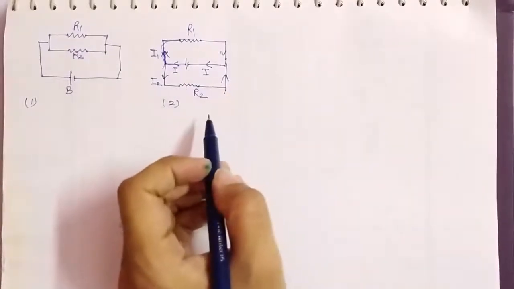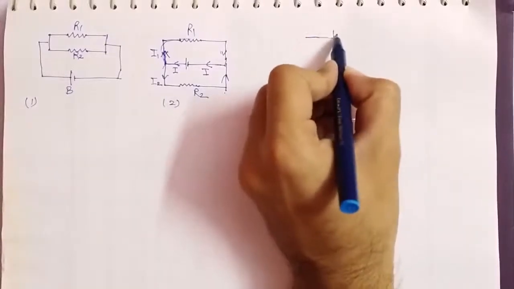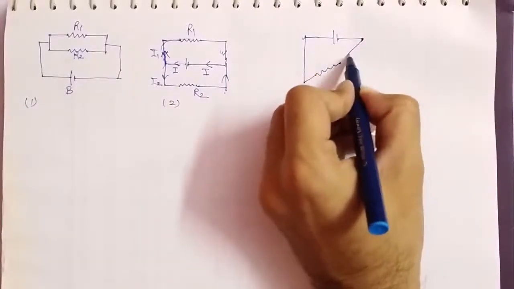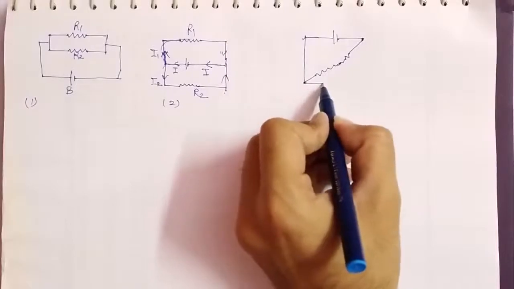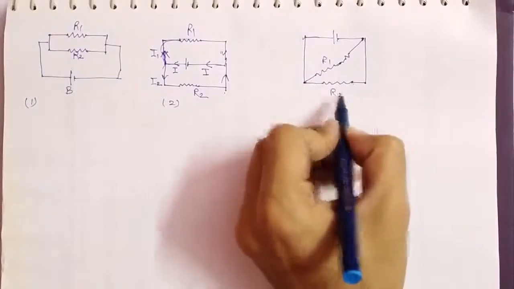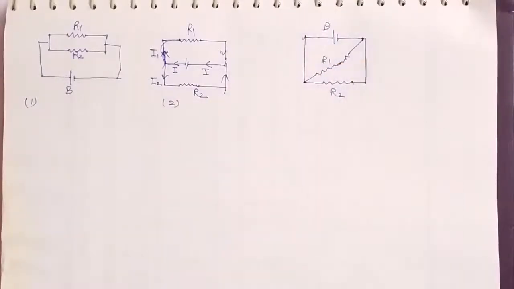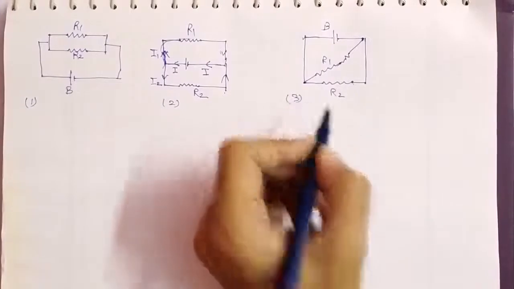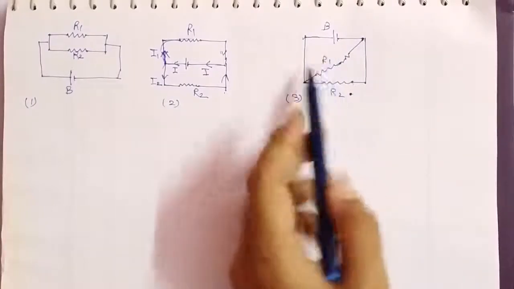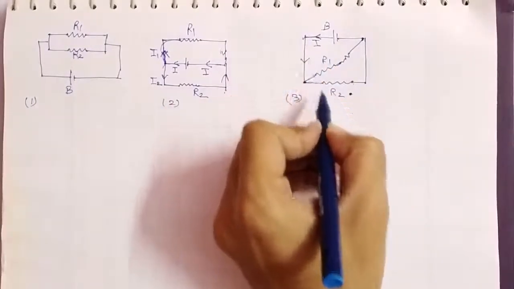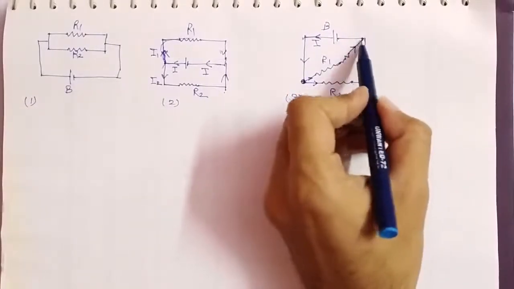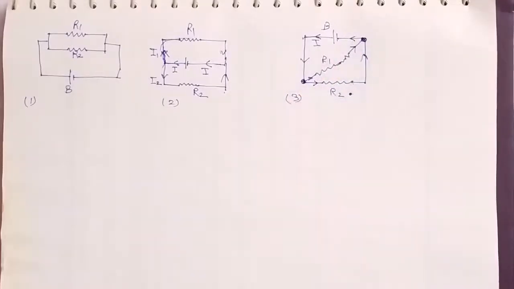Now let's see the third configuration. So again it can be given as: this is again R1, this is again R2, and this is our battery. If you see this diagram, it appears to be complex, but again R1 and R2 are in parallel. How can we see that? Let's say a current is going. Then we find a junction, and from the junction the current divides into two sides, and again they meet at this point and constitute the I.